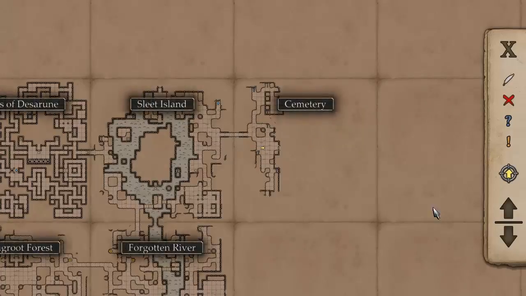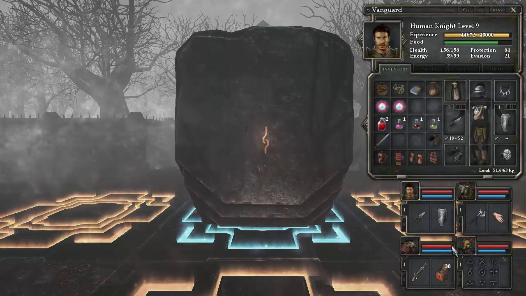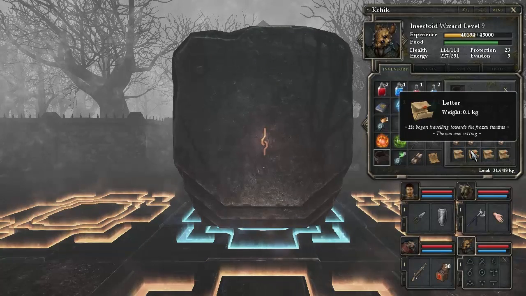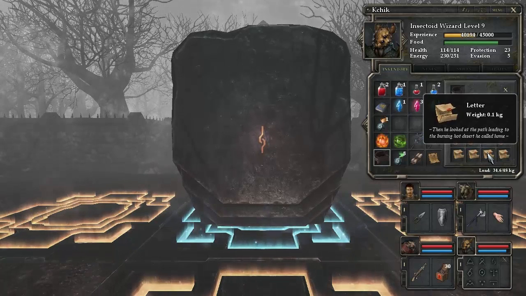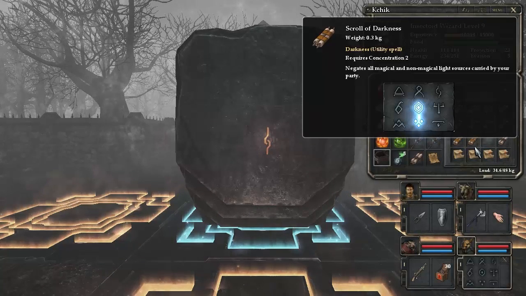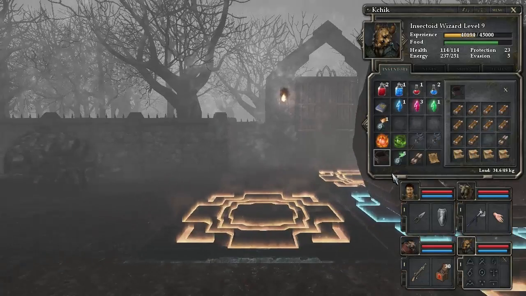Now, it's said that the clues were hidden in the archives, and we accessed the archives, and they had these 4 notes in them. He began traveling towards the frozen tundras, and the sun was setting. Then he looked at the path leading to the burning hot desert he called home. Finally, the Star of the North came to lead the way. So I'm guessing that has something to do with something like...